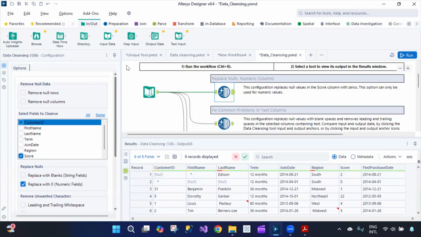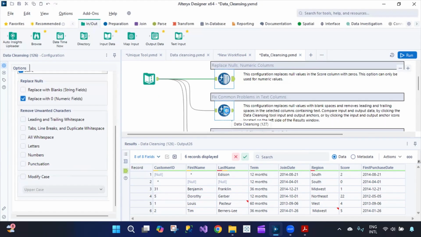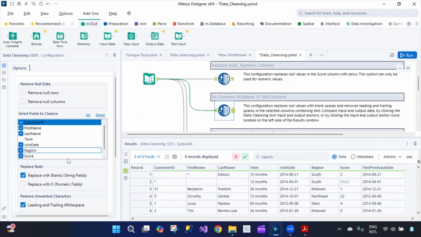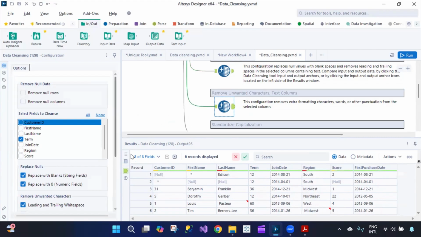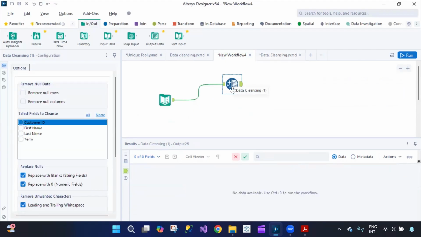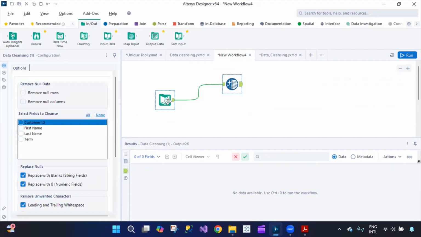It is cleaning some of the records, and we see here the score removed null and replaced the null with zero in numeric fields, and then some of the unwanted characters. Here it is replacing the null rows. Here it is replacing the unwanted characters. It is not just one option we can use in this, but yes, we can use remove null rows,